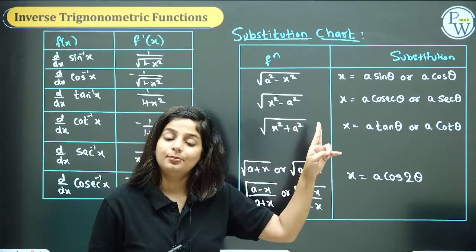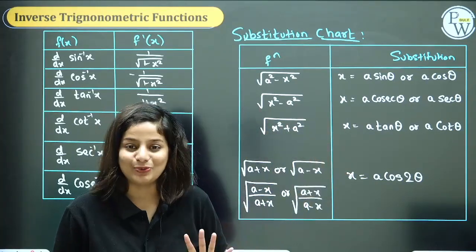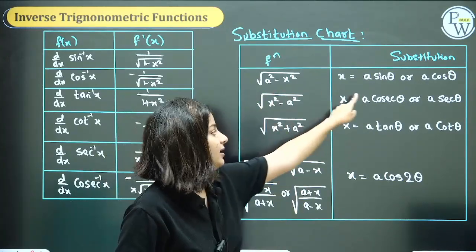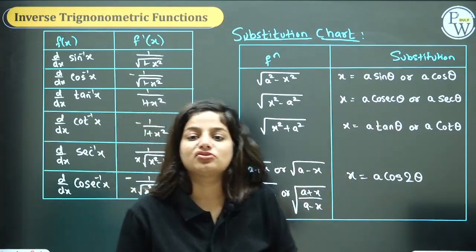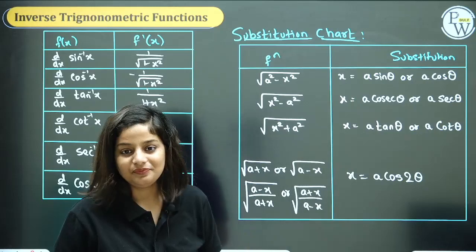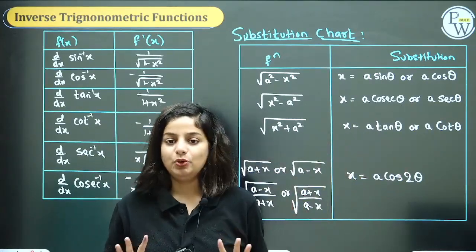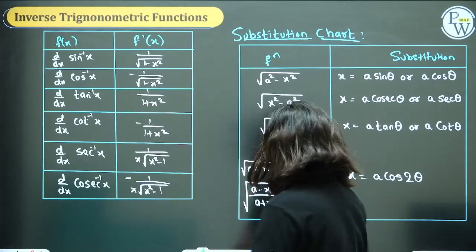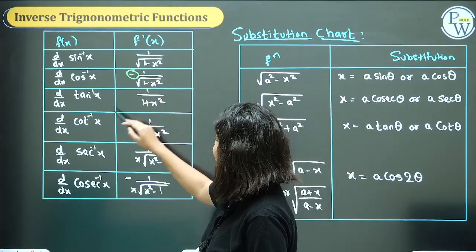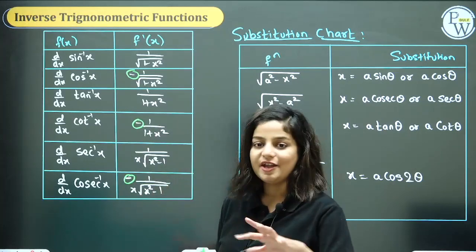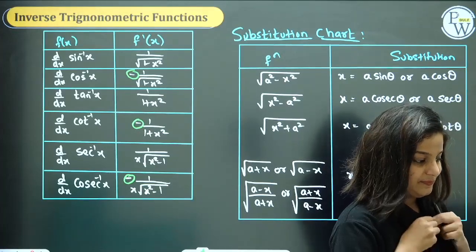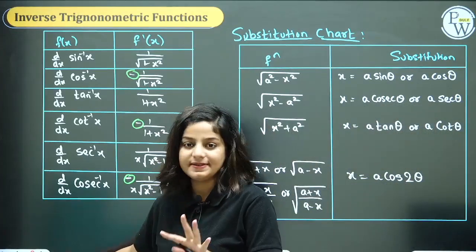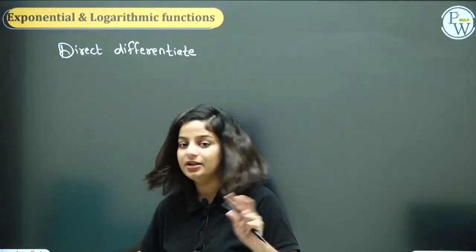It was there in the previous chapter, inverse trigonometric functions also, where I explained the logic, why x is a sine, a cos, why this substitution is happening. This logic was also explained. So this table should be known to you, and these formulas. Once again guys, can you see your C functions with minus sign? C functions are like change the sign, C for change. Alright, ITF functions: simplifications are the boss, and check the domains also towards the end, whatever is mentioned.